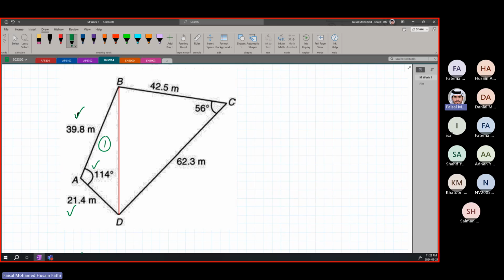So what does this rule remind you of? When we have two sides and an angle in between them, how can we find the distance BD? The way to do this is simply the cosine rule. Because what was the cosine rule? The cosine rule of this triangle is basically to find a side opposite to the angle, in this case BD. Let's call this side b. Okay, so side b is equal to,